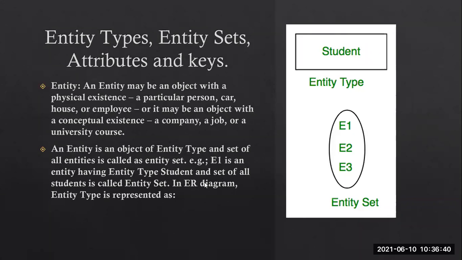In the ER diagram, which you will learn here itself, the entity set is represented as E1, E2, E3 in oval shape, this vertical oval shape. And the entity type is going to be represented in a rectangle. Whatever the table name is, that will be represented in a rectangle. Entity type is equal to table, and the entity set is the records, the complete record: 401 Sai Prakash 20 Belgaum, 402 Maitri 20 Hubli, like this.